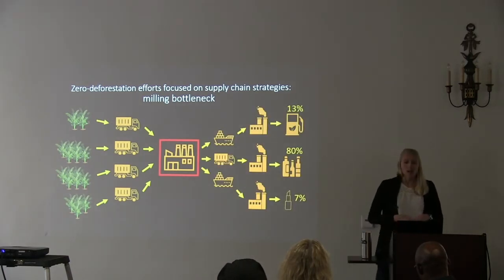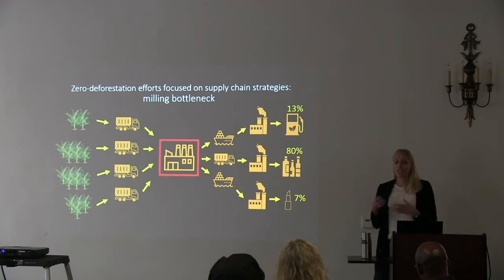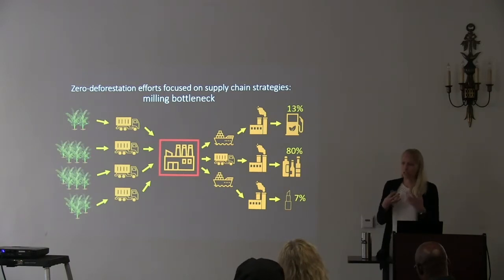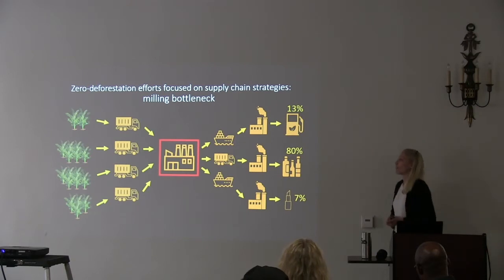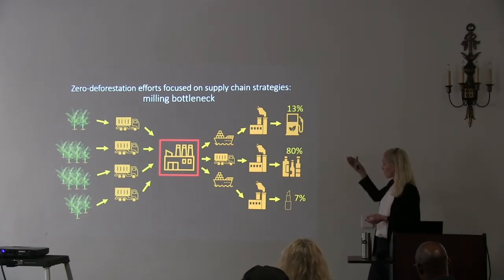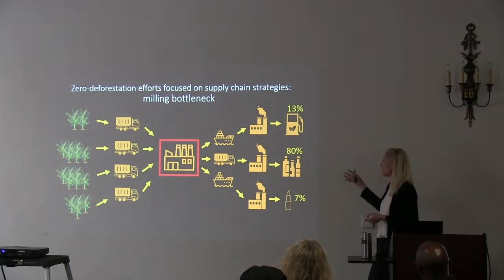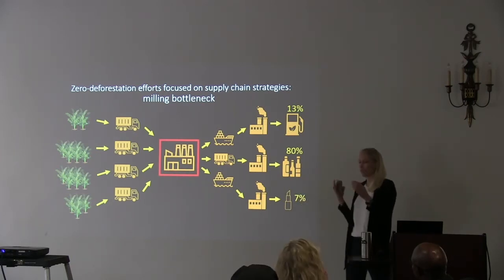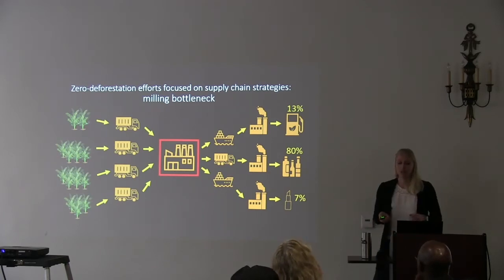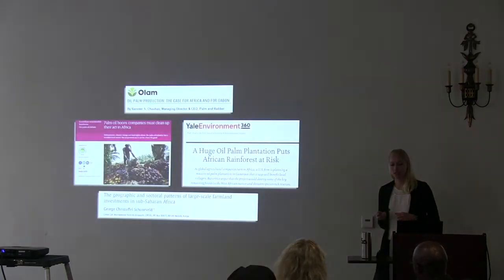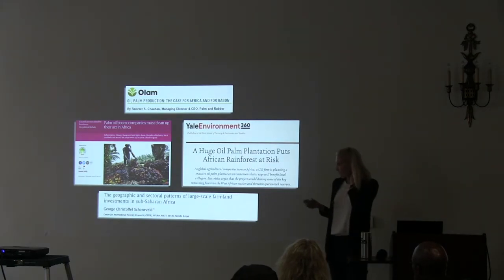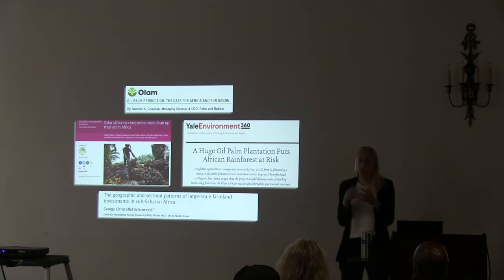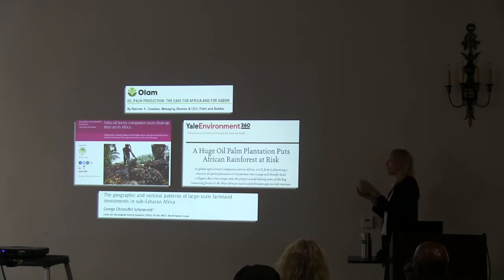After that point, a lot of these companies, particularly in Southeast Asia where most of this expansion is happening, these large company mills will then ship off the product for further refining, after which point it becomes a biofuel, vegetable oil, or some cosmetic product. But zero deforestation strategies based on Southeast Asian pathways of expansion have really highlighted these mills as a point of potential for conservation solutions. But increasingly, as land becomes more limited in Southeast Asia, and there's a lot of oversight from governments and NGOs on the regulation side, a lot of companies are looking to move elsewhere.